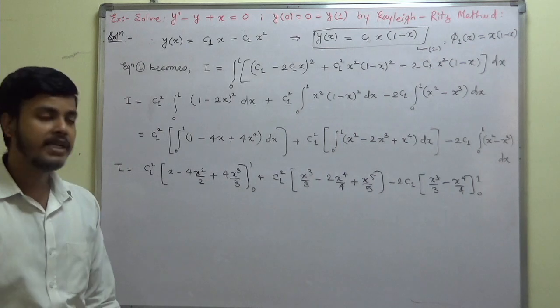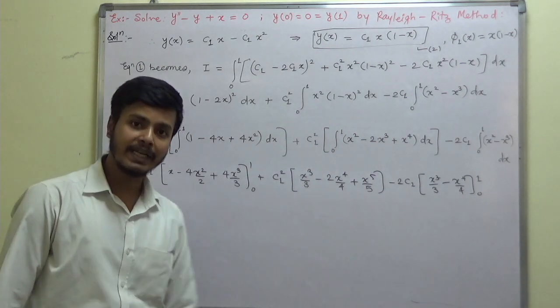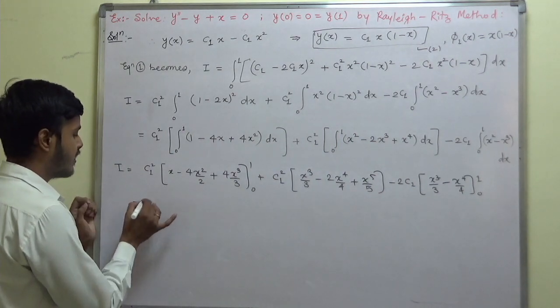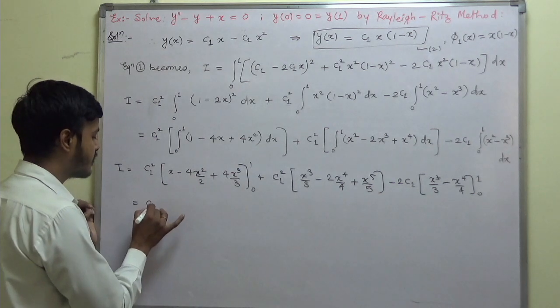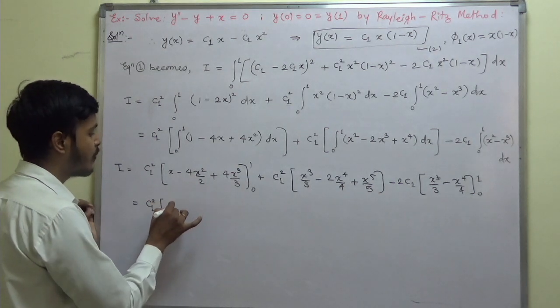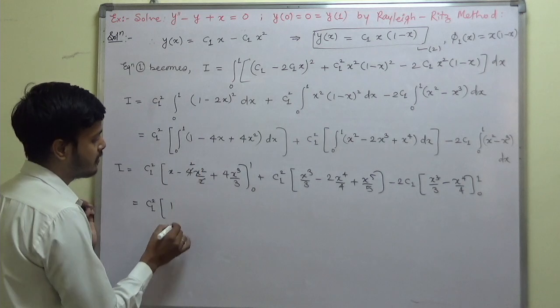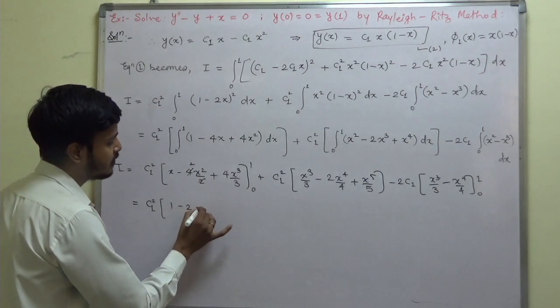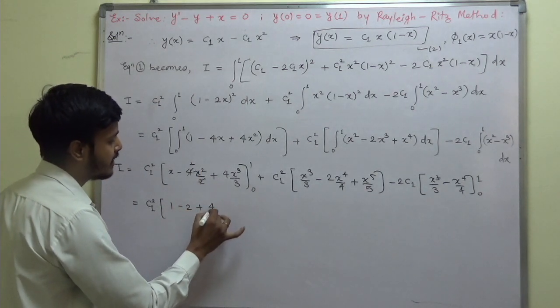The lower limit is 0, so it won't contribute, but the upper limit will. So this is c1 square times 1 minus 2 plus 4 by 3,